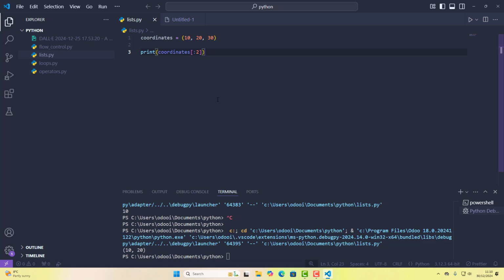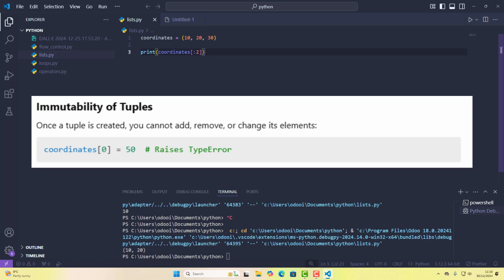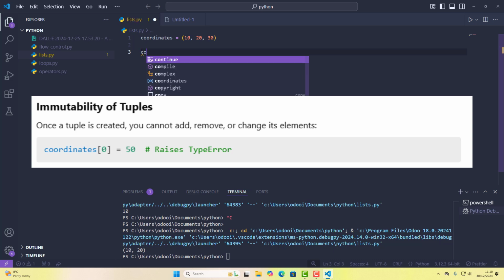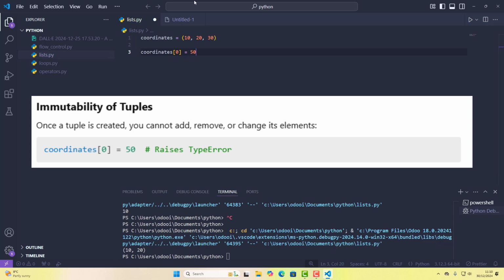Immutability of tuples. Once a tuple is created, we cannot add, remove, or change its elements. So what we do here: this is a tuple, and we say coordinates 0 is equal to 50. At the moment coordinates 0 is 10, the first element. But we are saying, okay, change it to 50 now,